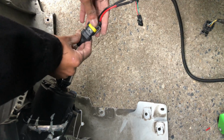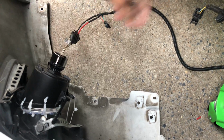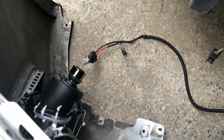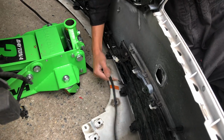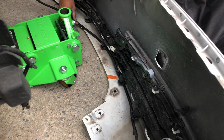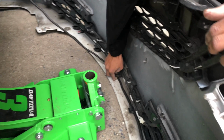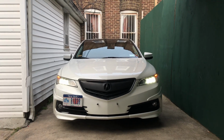After you've done everything, start connecting stuff. Make sure positive goes to positive, the fog light, and negative goes to negative. And make sure everything's clipped in. And just start putting everything back on the bumper. The wiring loom, make sure you tuck it under the bezels so it doesn't come out. And it just tucks in underneath. And there you go. Alright guys, when you put everything back